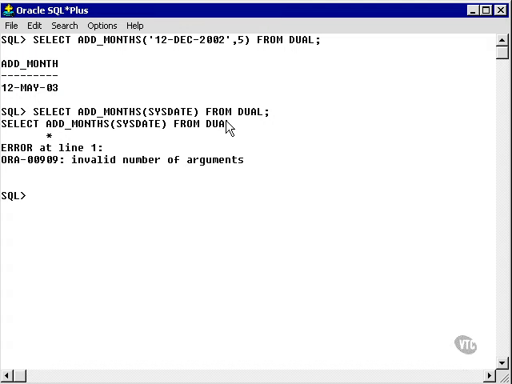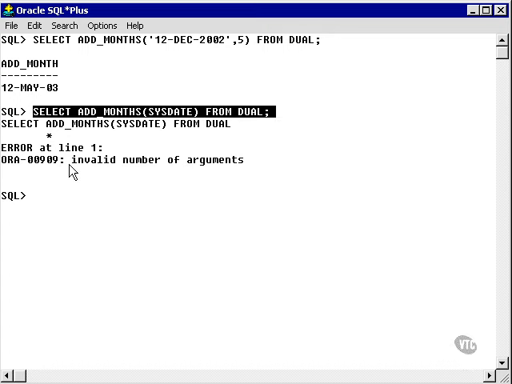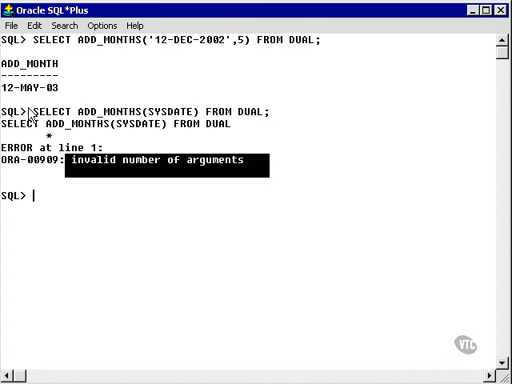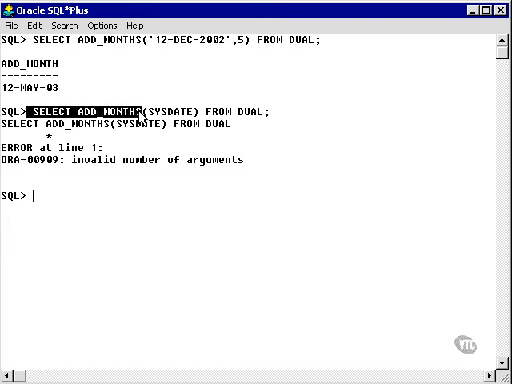And we'll paste in some add months functions. And here I've added 5 months to 12 December 2002, and I get May, which is the 5th month of 2003. What I've done here is I've got an error. So we can simply correct that,